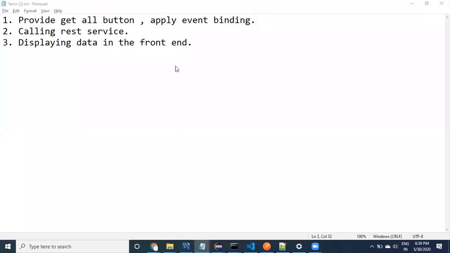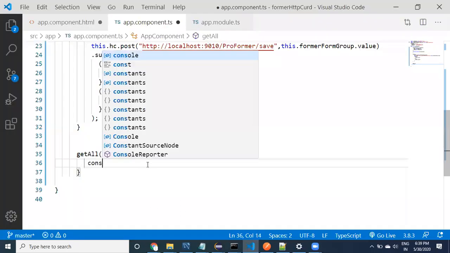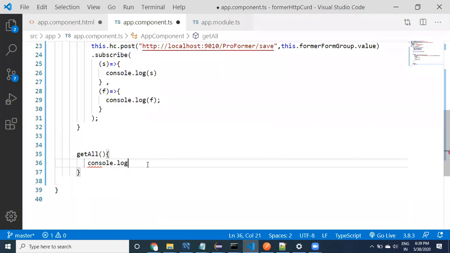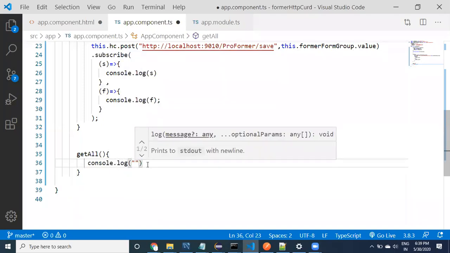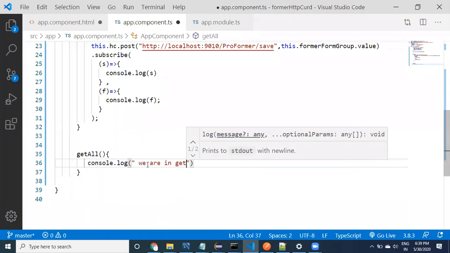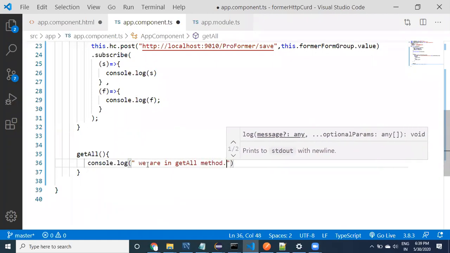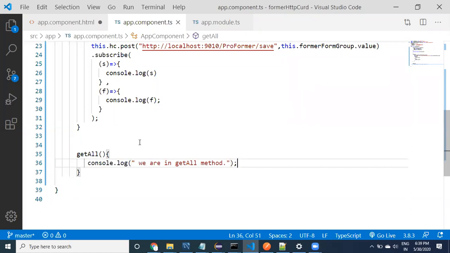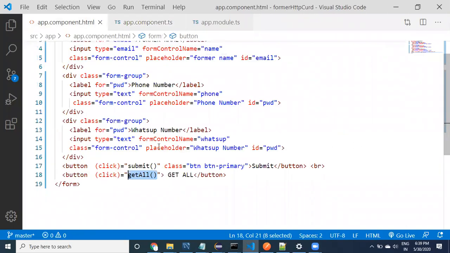Just for confirmation, console dot log, we are in get all method. Until now, whether it is working or not, we'll check it out. Save this. I have just provided the button. This is a very easy task that I have created.